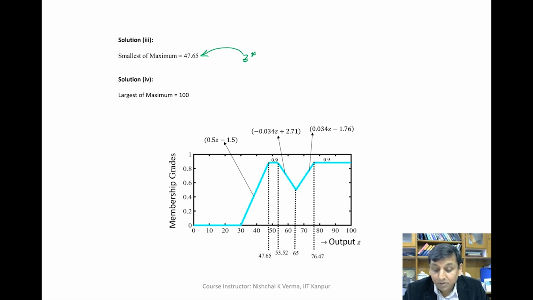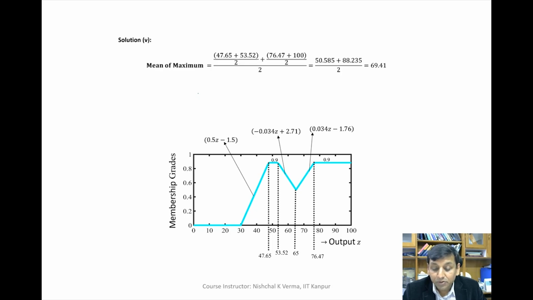Similarly, when we use largest of maximum, our z star is here 100. This you can see from the figure here, the irregular shape, you can very easily get these values. And similarly, when we take the mean of maximum, the z star, that is the output corresponding to x is equal to 55 and y is equal to 45, we are going to get